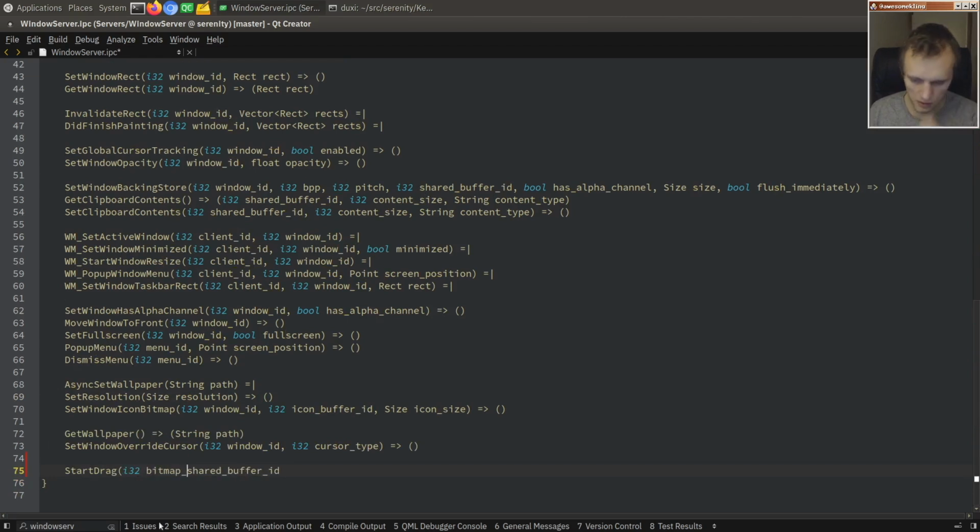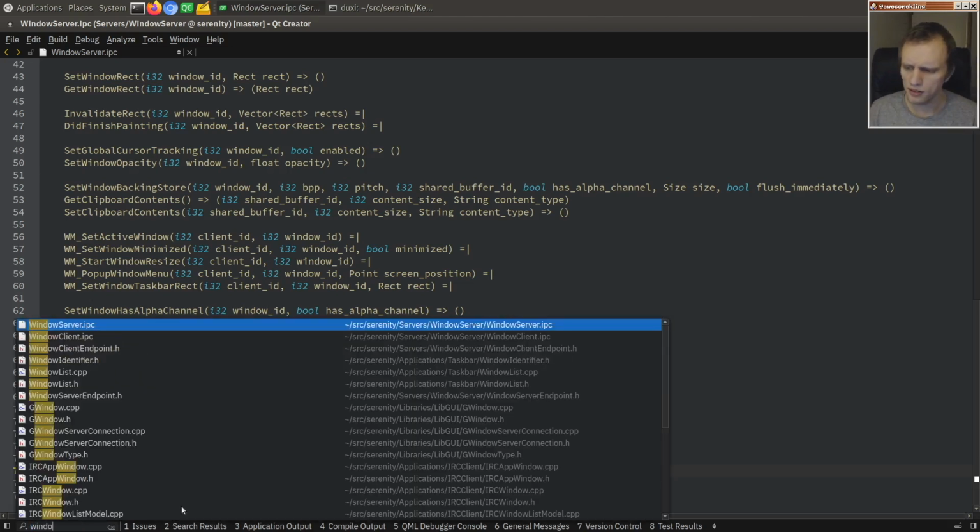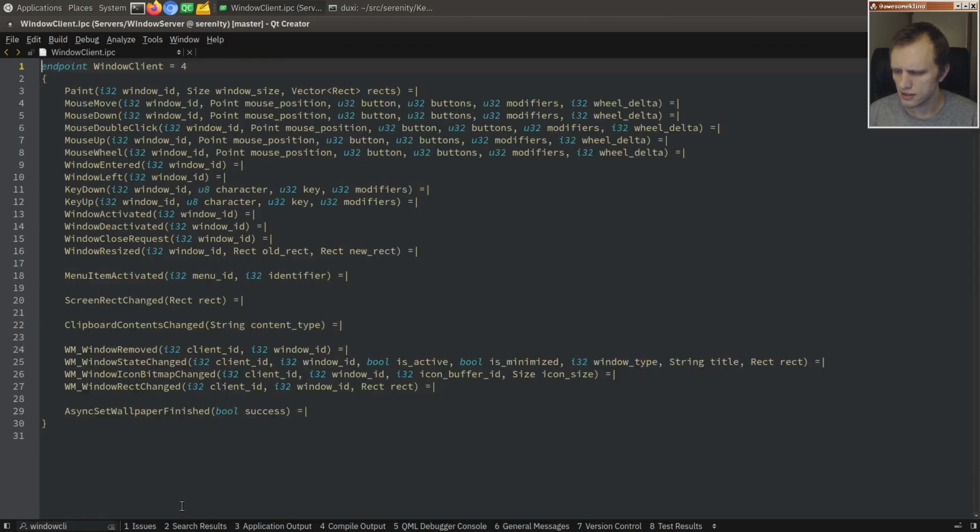Let's say bitmap, drag bitmap. Drag bitmap ID. Okay. And maybe we'll also have a text. I'll put that first. That's probably okay. And then the window client needs some kind of API that